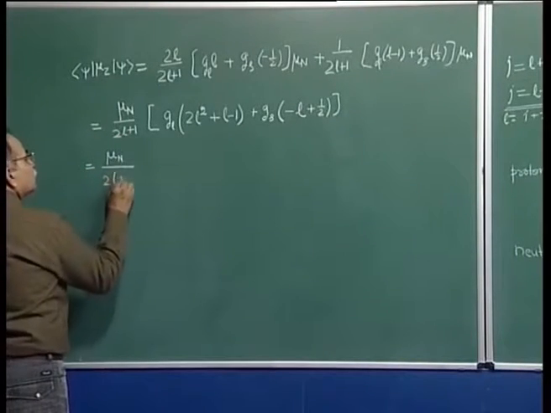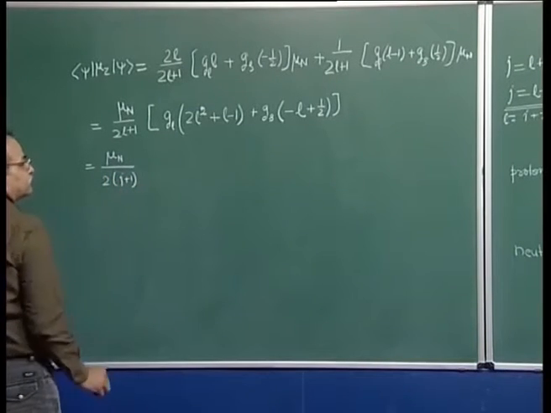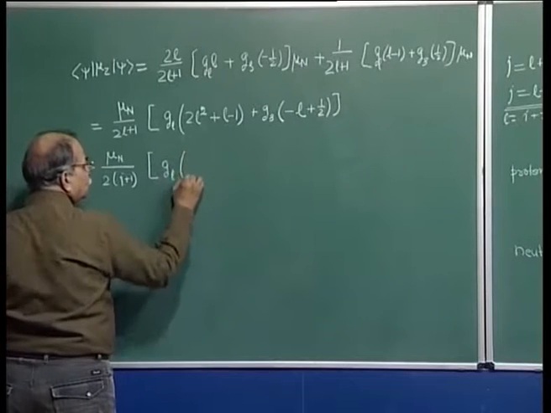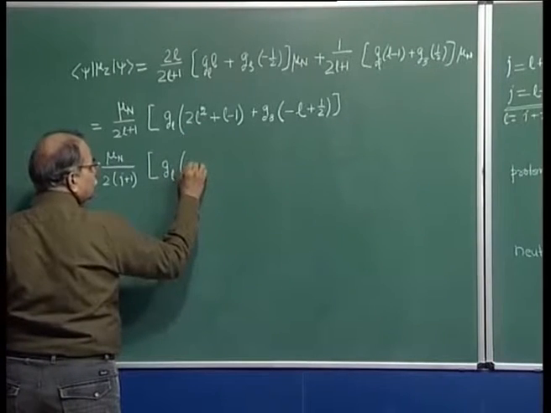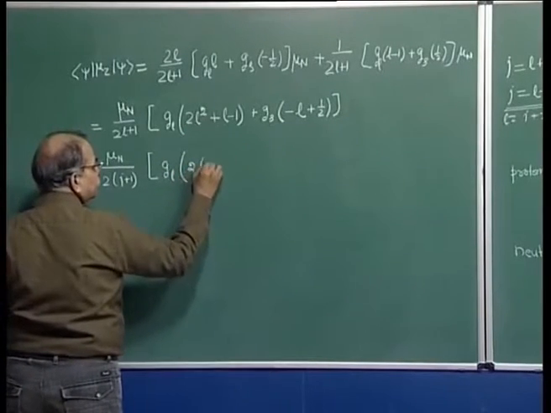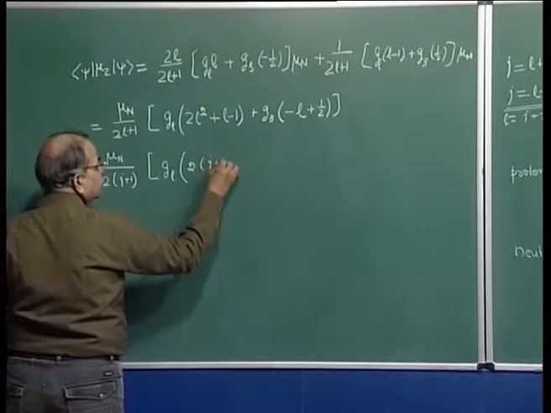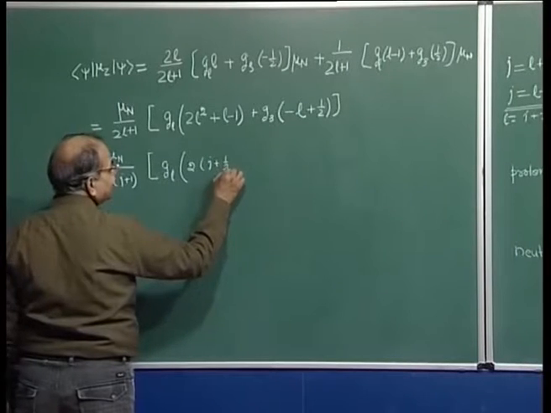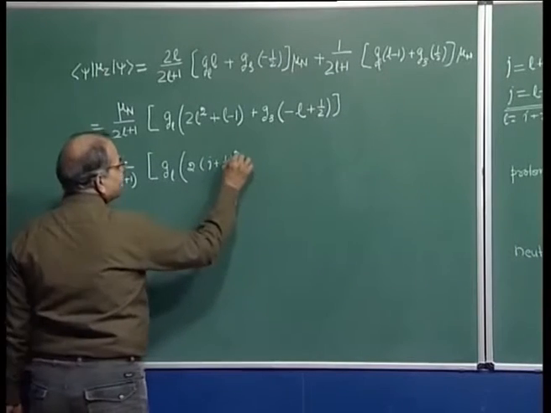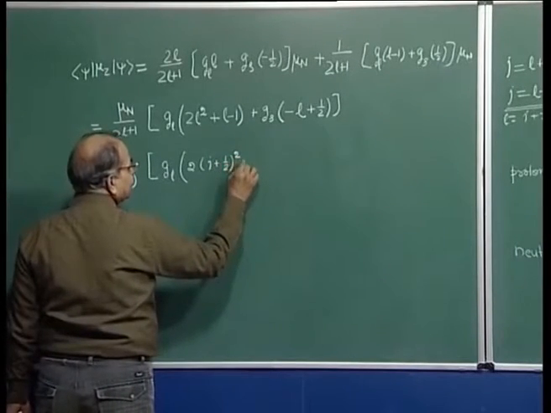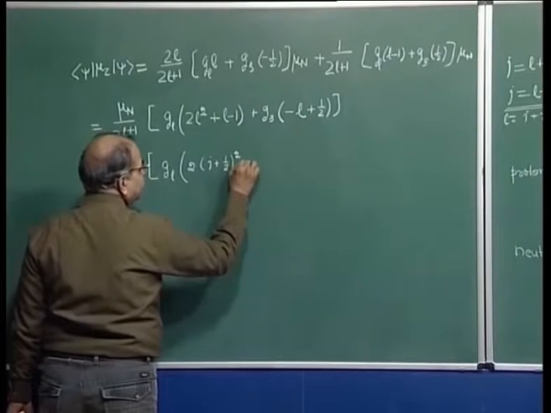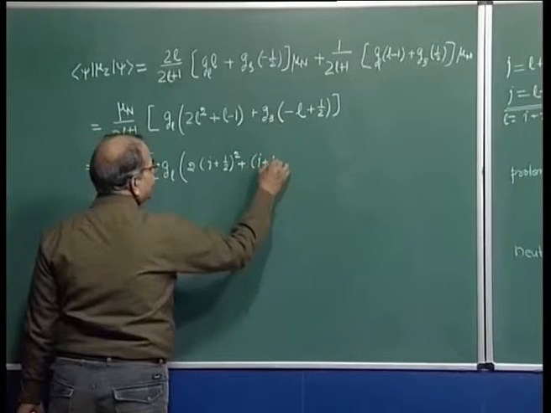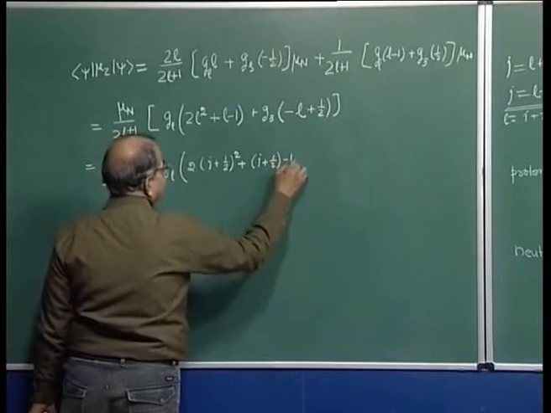So, it is 2 bracket J plus 1 GL 2L square. So, 2 into J plus half, yes, J plus half square, okay, plus L, J plus half and minus 1,